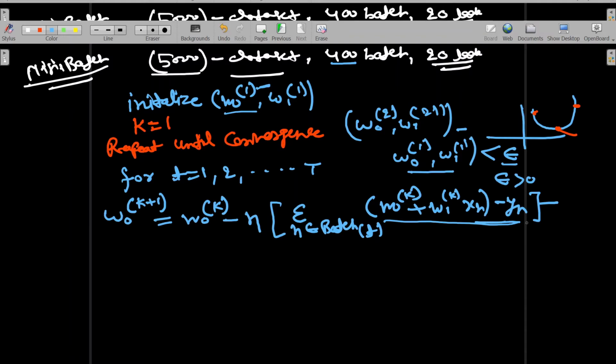So this is the partial derivative of the error function with respect to w0. What you are doing is trying to find the w0 point of k plus 1, equal to w0, the previous point, minus the eta step. I have already explained that eta has to be found by some kind of repetition or experiment, and then you take the negative direction of the eta step with its gradient.